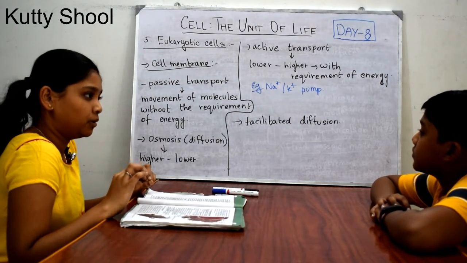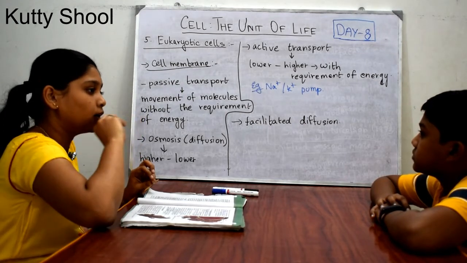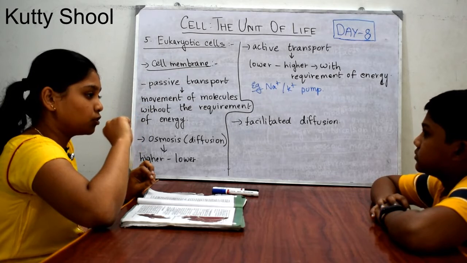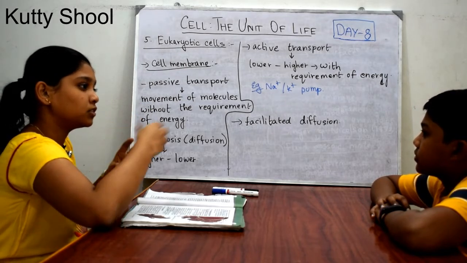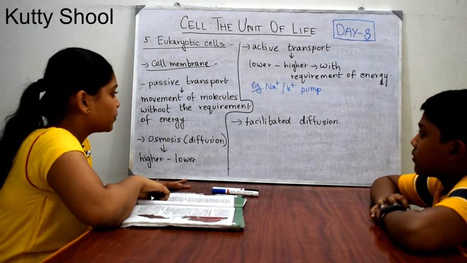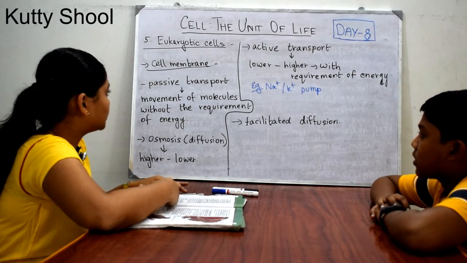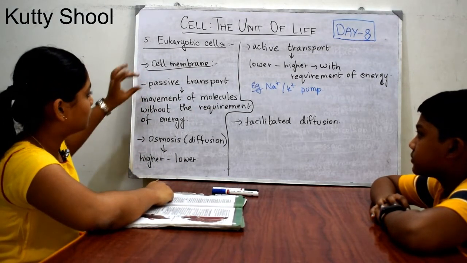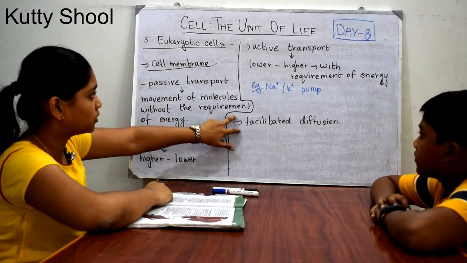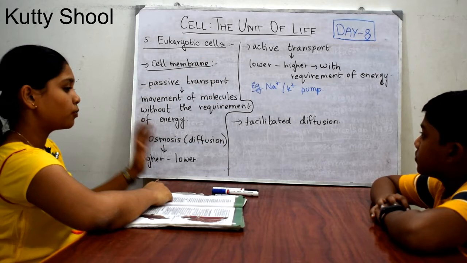Since the lipid bilayer is non-polar, it is not water soluble because it is like a lipid substance. So therefore many substances cannot pass through this lipid bilayer, and these need specific transport. For example, there are three kinds of transport: passive transport, facilitated diffusion and active transport, and a normal simple diffusion.